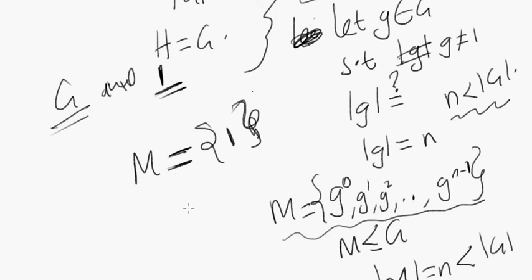Can M be the identity group is the question. Well, how many elements are in M? Or better yet, the identity group contains what element? The identity, right? But didn't we say that G to the 1 is an element of M? Okay, if G to the 1, otherwise known as G, is an element of M,